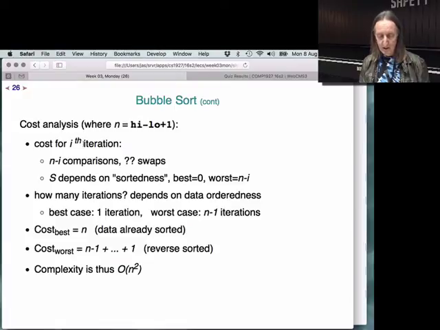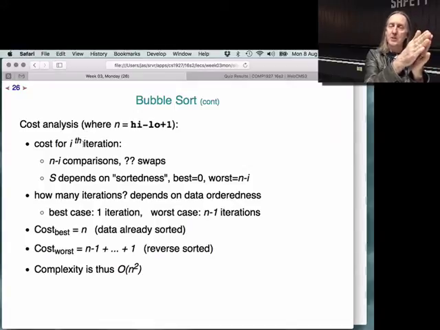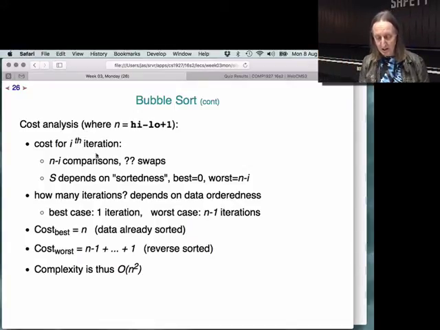So for the ith iteration, we know that we're going to do n minus i comparisons for sure. Right? So the first iteration, we scan all the way back to the first element. Second iteration, we scan all the way back to the second element. So the number of comparisons is going to be one of those n squared functions. So n minus 1 plus n minus 2 plus n minus 3,